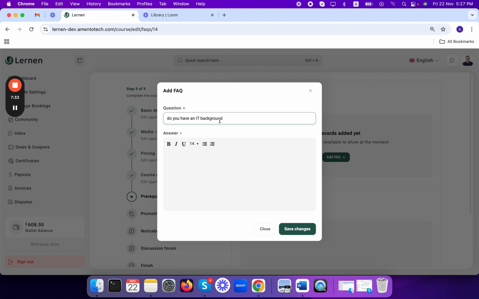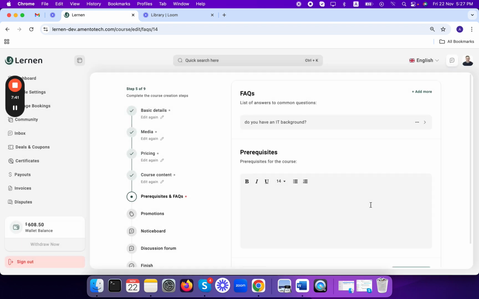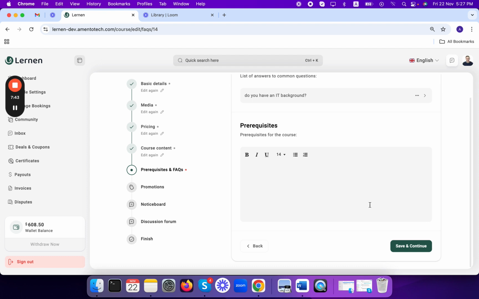It could be any specific question you want to save changes. And if there are any prerequisites for this course, then I'll click on save and continue.